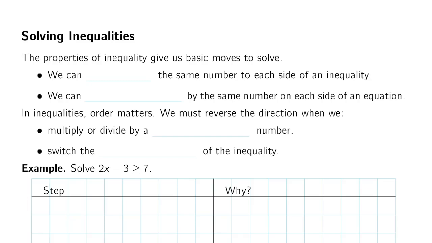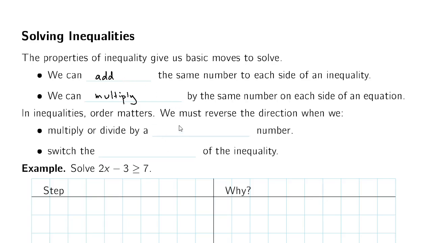Just like equations, we have some basic moves to let us solve inequalities. We can add the same number on both sides, and we can multiply by the same number on both sides. And with equations, there were no complications here. With inequalities, because the order matters, there are two times when we need to reverse the direction of the inequality